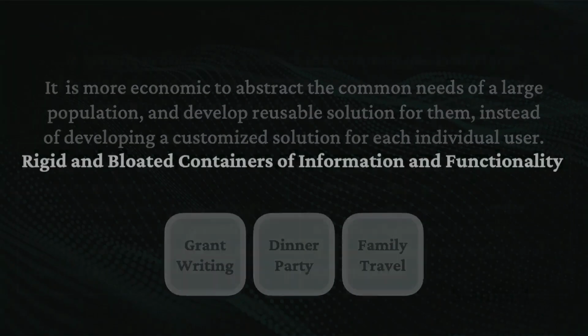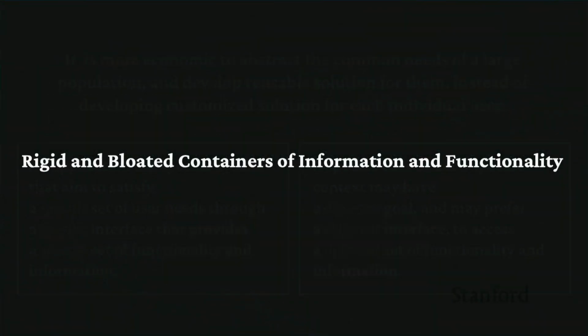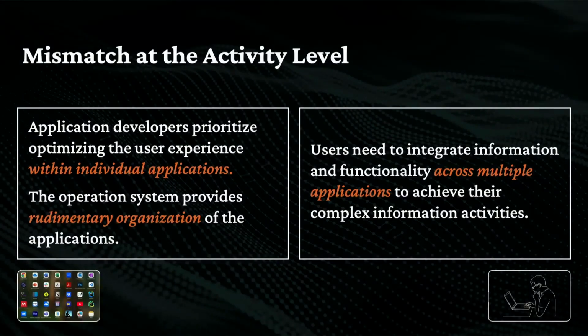So then what do we have? Well, we have rigid apps, where developers think, okay, here's how you should use it. Or we have bloated apps, right? One way to support all the users' needs is to dump everything they could potentially need into one app, and then it becomes a super complex app that you cannot use. So that's at the application level. What about the activity level? If you think about how apps are developed, the developers prioritize optimizing the user experience within the app. But the operating system, which is supposed to provide more structure for us to coordinate our activity, what do they provide? Virtual desktops or another just